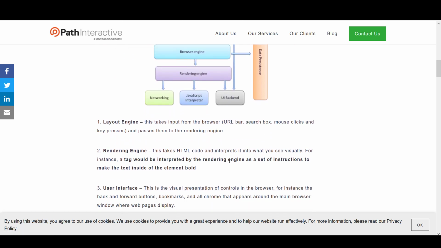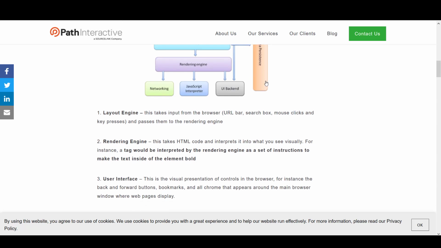It takes HTML code and interprets it into what you see visually. There is always something which interprets things, like you write some code and the compiler converts it into machine language. In the same way, the HTML code is interpreted into visual elements by the rendering engine. That's where it comes into the important picture.